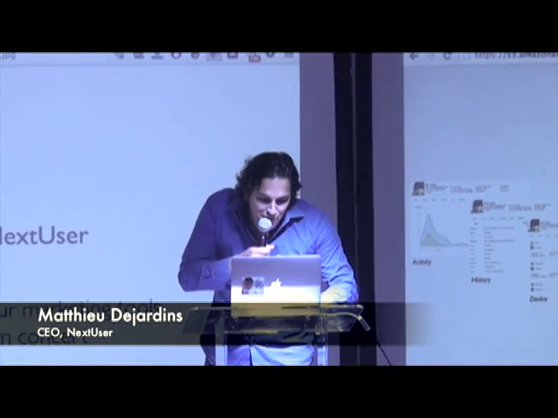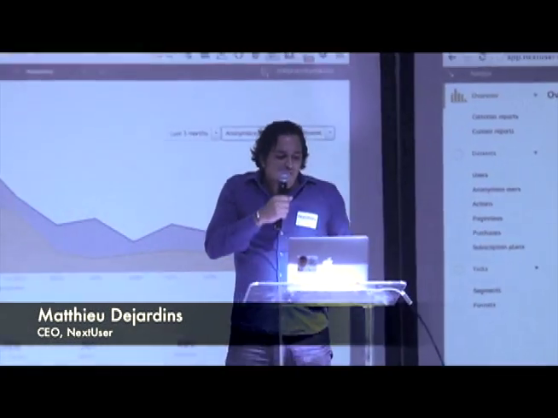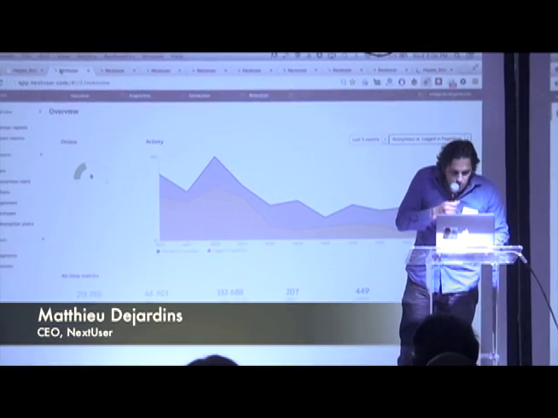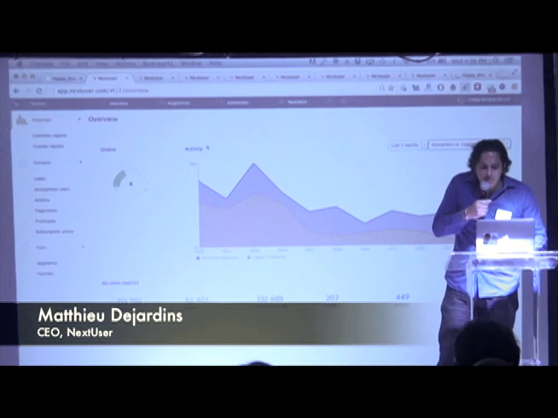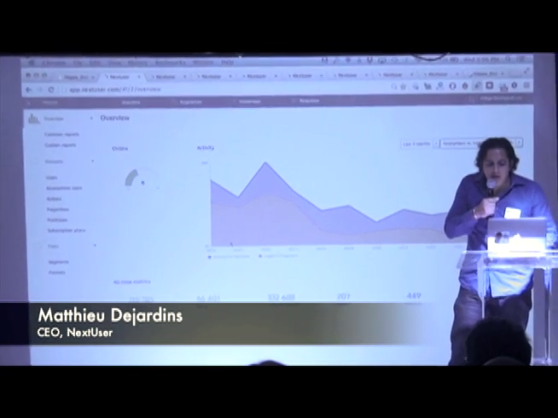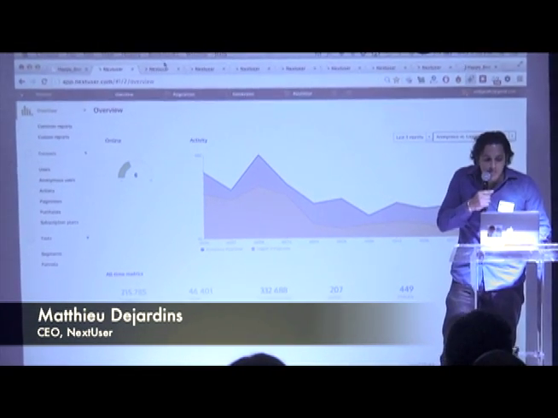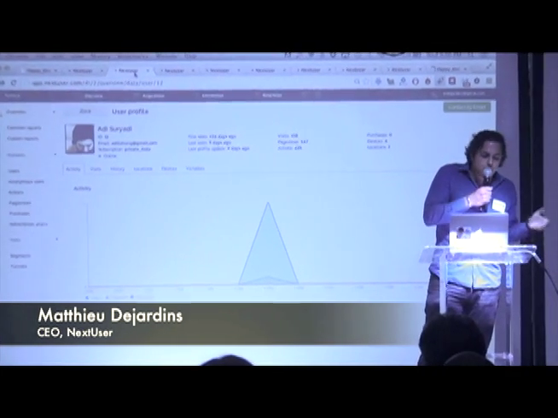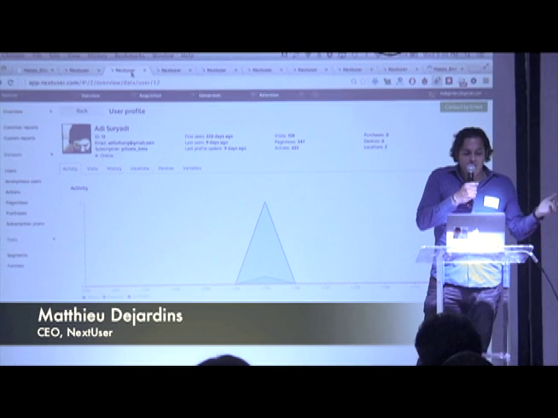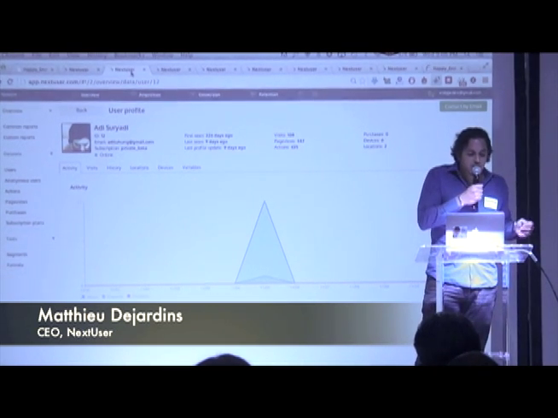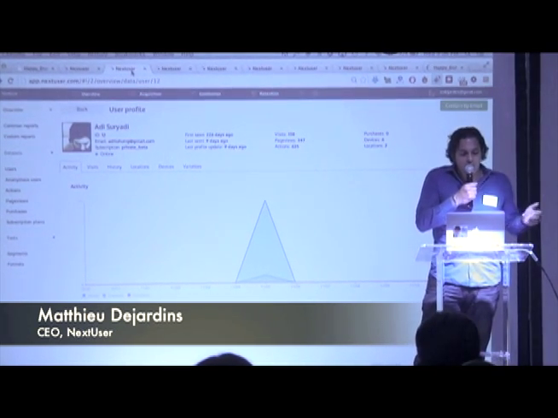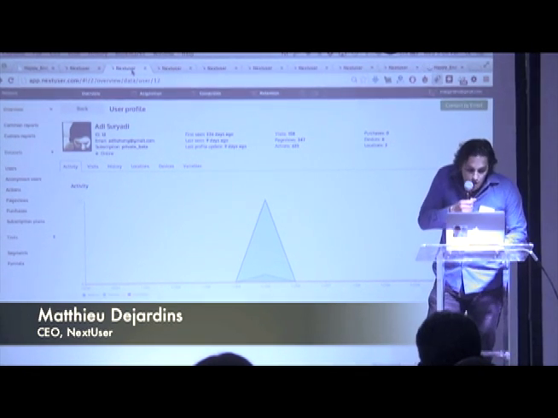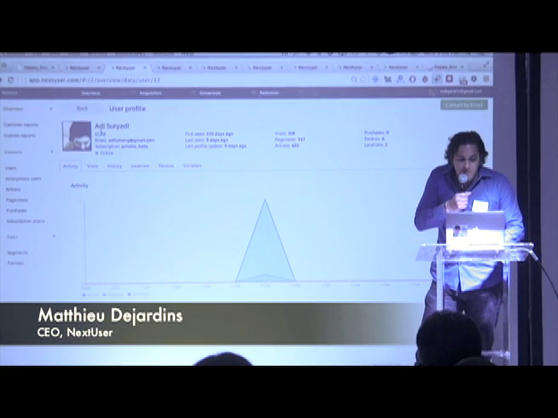Let me show you my platform. So we have a tracker, and we are able to track any kind of website or application. We can see how many people are online, their activity on the website, whether it's anonymous and identified visitors. From that, we are able to create a user profile. We have two types of user profile: identified user profile, like you see here with Ali, and anonymous user profile, which is representing 97% of your visitors, and you want to be able to leverage this information.